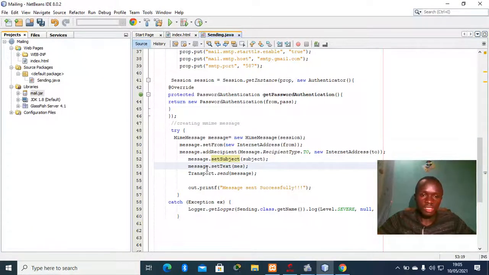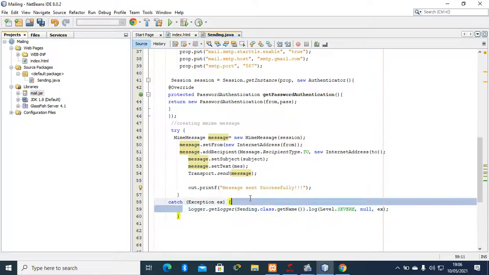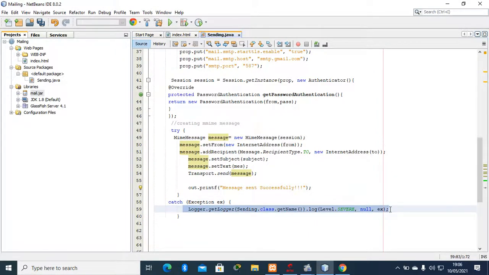So this transport is used for delivering our messages. In order to deliver our messages, you have to use transport layers for sending. After sending the message, you will get a notification that tells us the message was sent successfully. If it is not sent, we can show a message saying that it is not sent, or we can write that